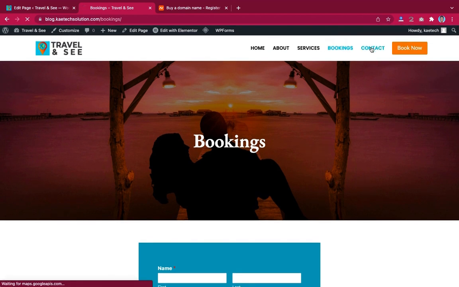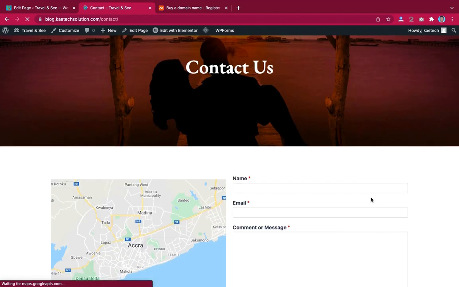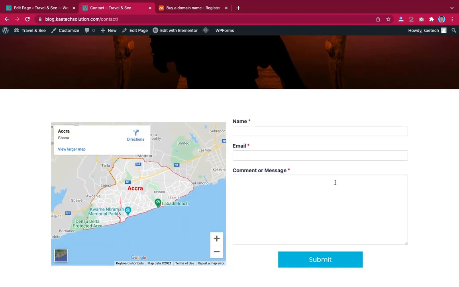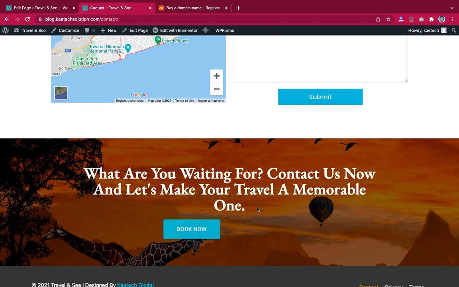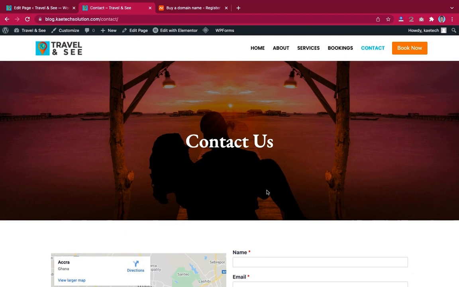And then we also have the contact part. So maybe somebody doesn't want to book you, but has more things they want to share with you, maybe needs more information from you, so the person can contact you. And this one also gives you your location, wherever you are. So maybe if somebody lands over here by mistake, the person can still click on the booking button over here, and then it will go back to the booking page for the person to be able to